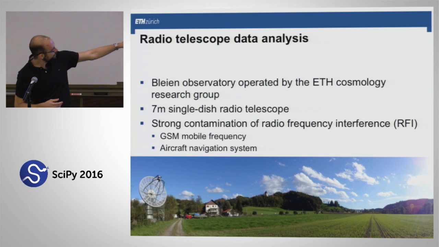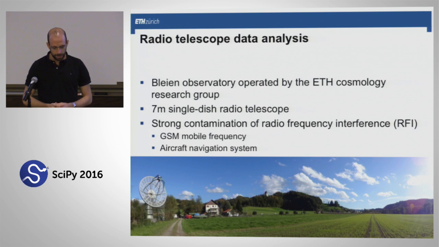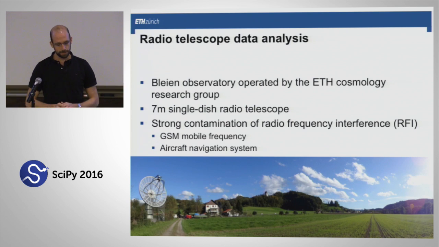But things change, and people have started to leave the cities and live in the countryside. And we actually see that. So the little house there, that's a farmer that lives there with his family, and they use electronic devices, and that gives rise to a certain problem, called radio frequency interference. That's a signal that is man-made and that is interfering with the signal that we would like to record